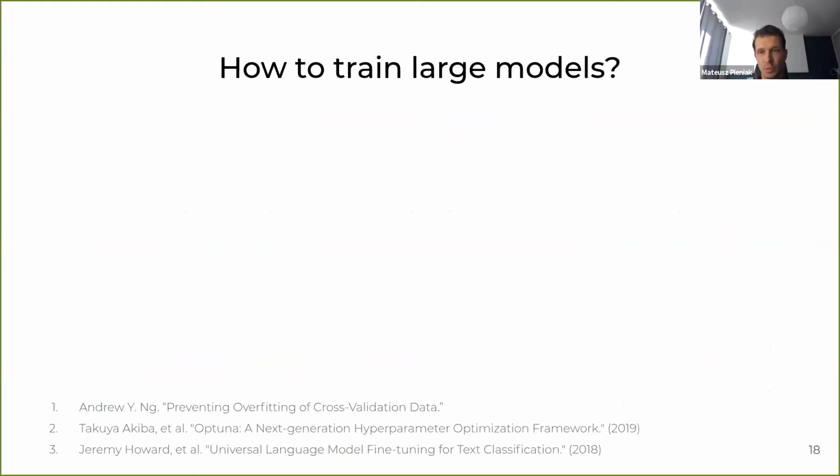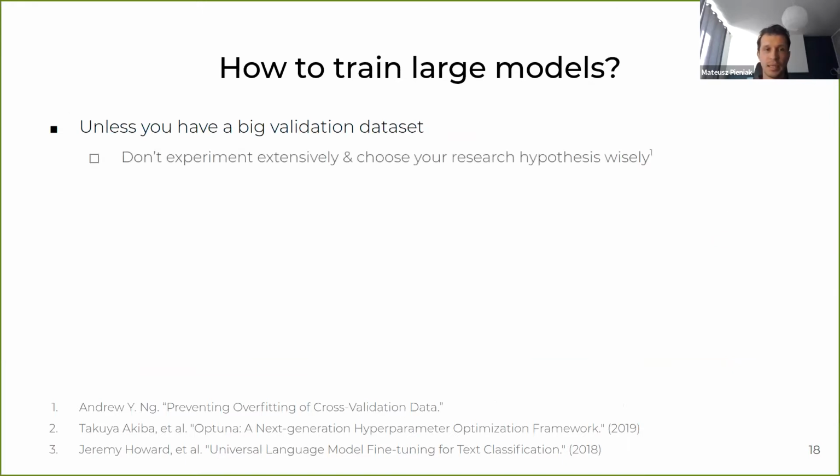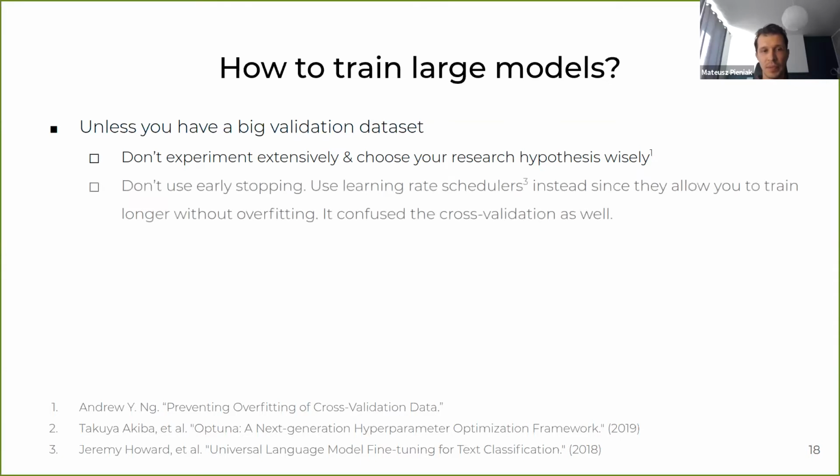on quite a small data set. It's fine. You can train it well if you have some learning rate schedulers. But if you don't have a big validation set, then you have some problem actually improving over your hypothesis. And I recommend not to experiment extensively. There's a very nice paper from Andrew Ng that shows how you can actually overfit to a validation set, even in a cross-validation fashion, and how you should pick your hypothesis. And also, if you don't have a big validation data set, I don't recommend using early stopping, because